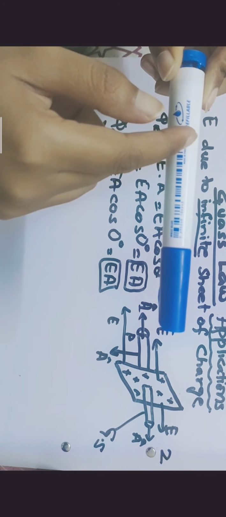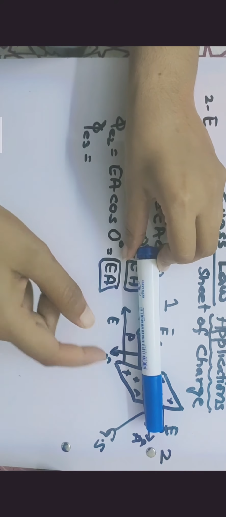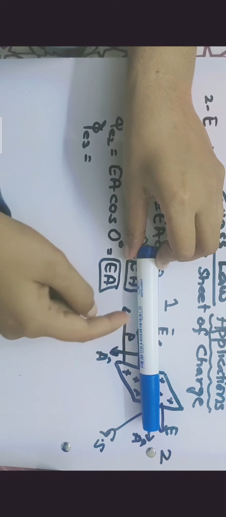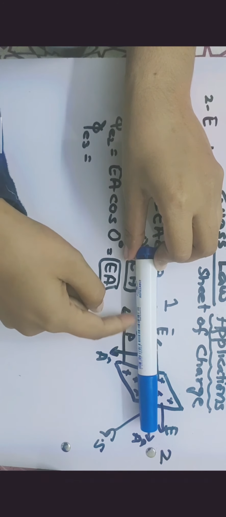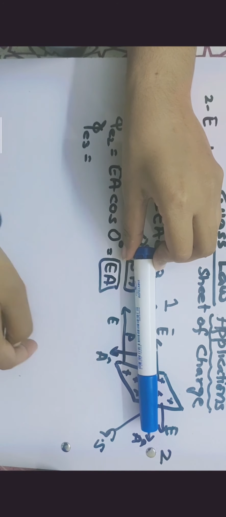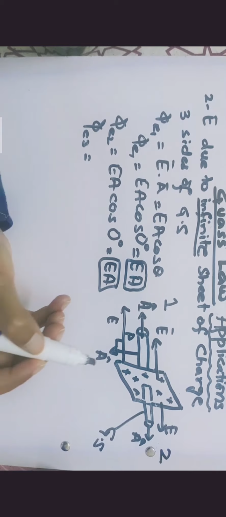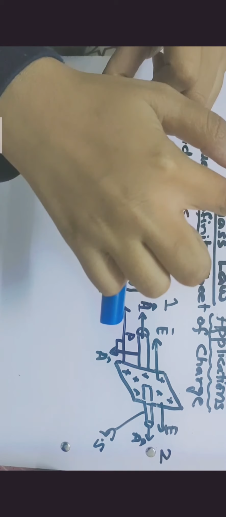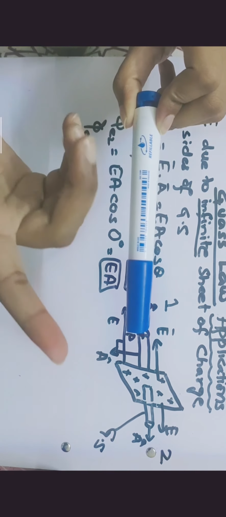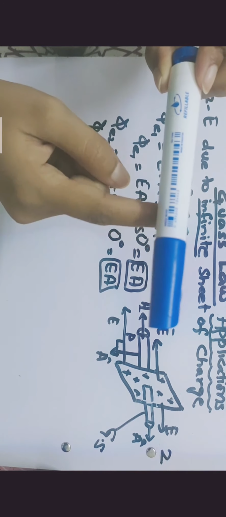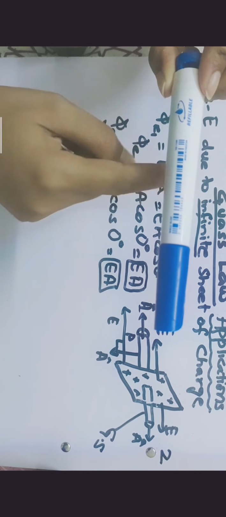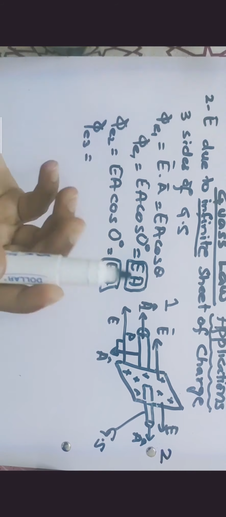And what would be the angle now? It would be 90 degrees. Consider a patch delta A on this particular point. The direction of area is towards the forward direction, and E is towards the left side, so again the angle is 90 degrees. You can take any side. If you take it in the downward direction, with E towards the left or right, again the angle would be 90 degrees.